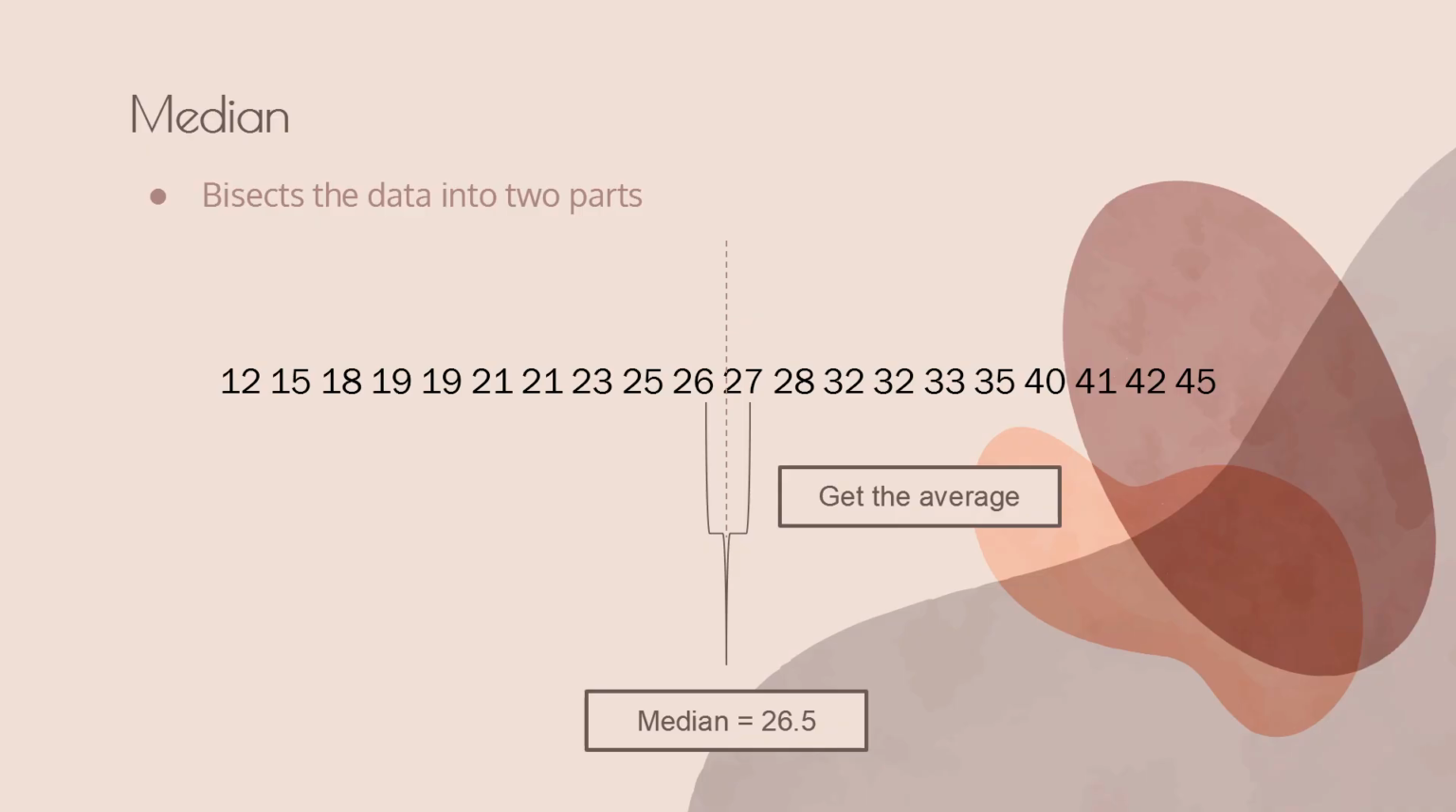Now take note, this is for an even number of observations, meaning in this case you have 1, 2, 3, 4, 5, 6, 7, 8, 9, 10, 15, 16, 17, 18, 19, 20 observations. And so the center is composed of two units, 26 and 27. And for us to get the median, we have to get the average of these two values. Okay. Now it's a lot simpler if you have an odd number of observations,